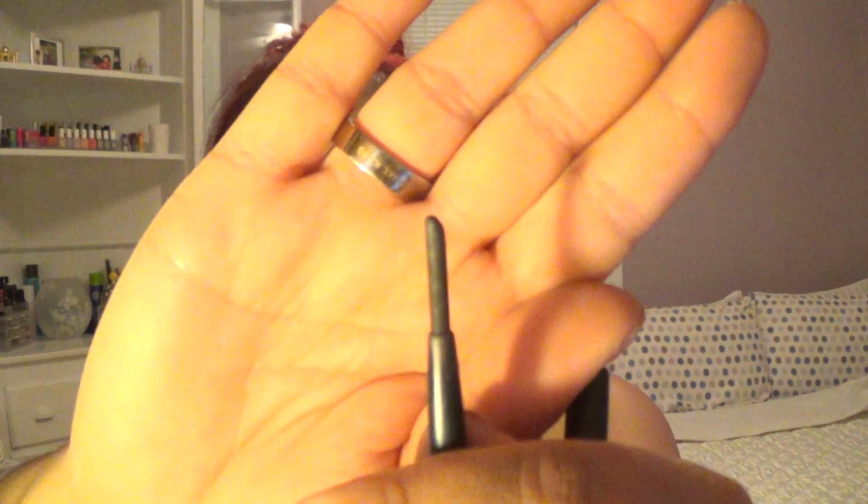The only thing I don't like about it is that I feel like it's getting used up fairly quickly, because this is all I have left after only using it for the past 2.5, 3 weeks. And the 2 weeks that I was gone down for the military, I wasn't even using eyeliner every single day. And then the last product is my Revlon Color Stay Whipped Foundation in the shade 370 Natural